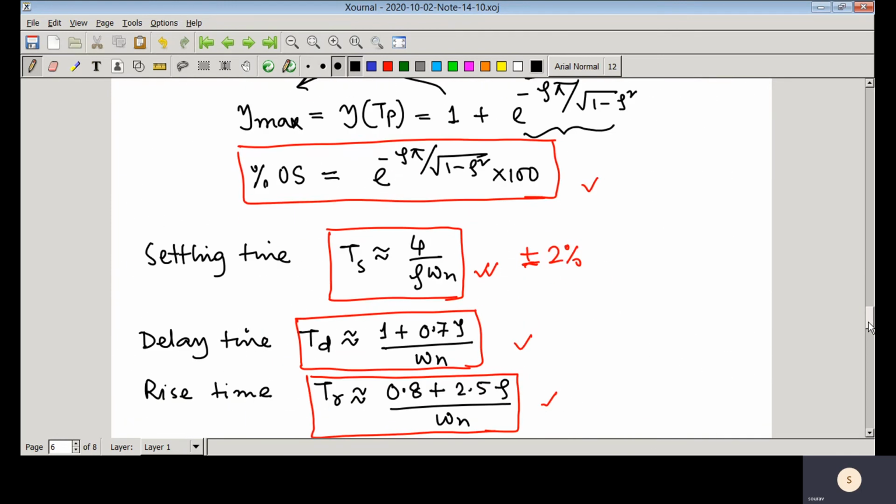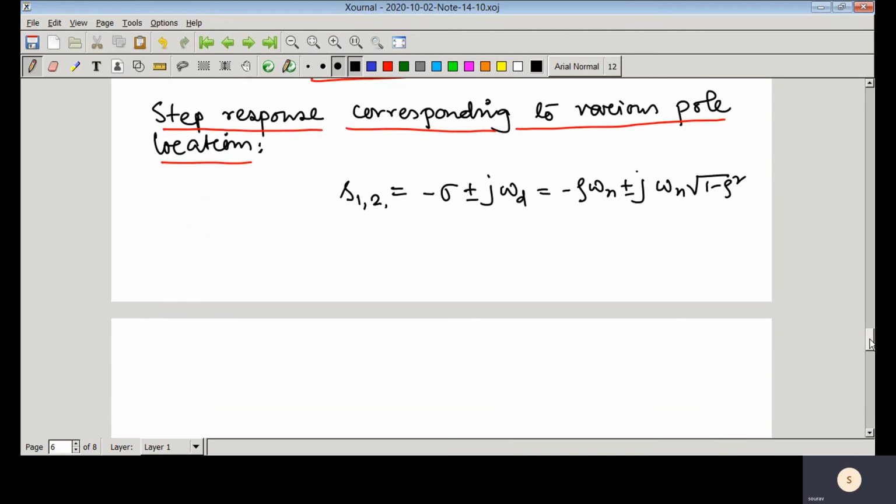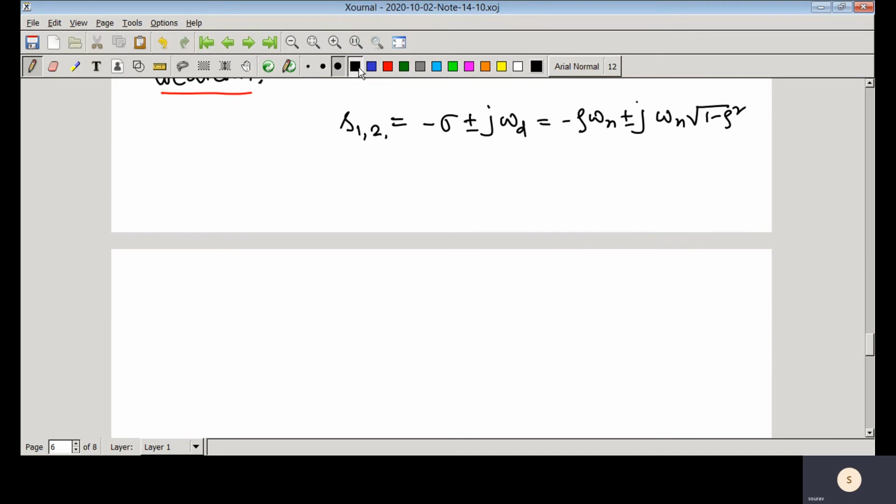So we can see here minus sigma plus minus j omega d, that is zeta omega n plus minus j omega n square root of 1 minus zeta square. So now whenever it is overdamped case, that means zeta is greater than 1, so that means overdamped case,